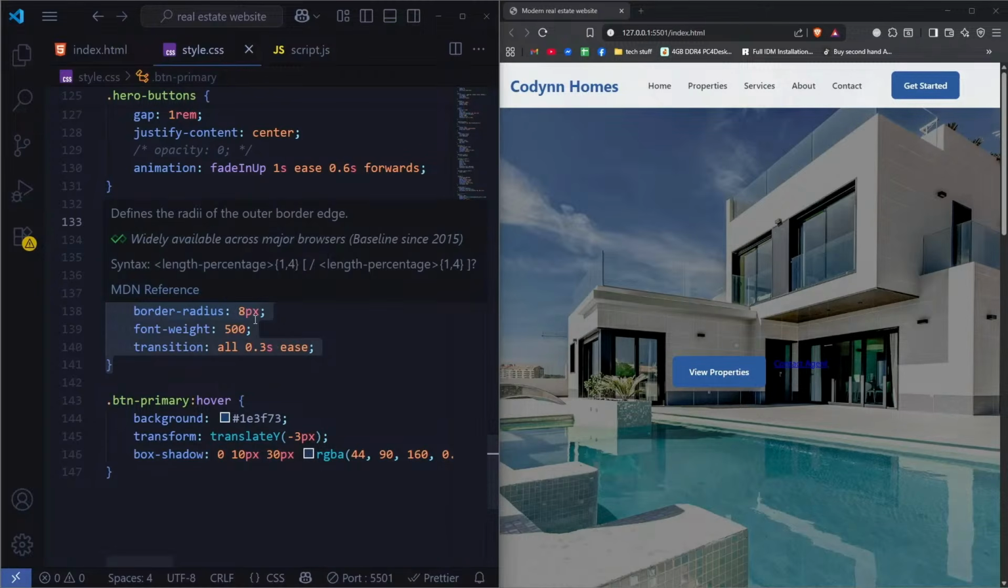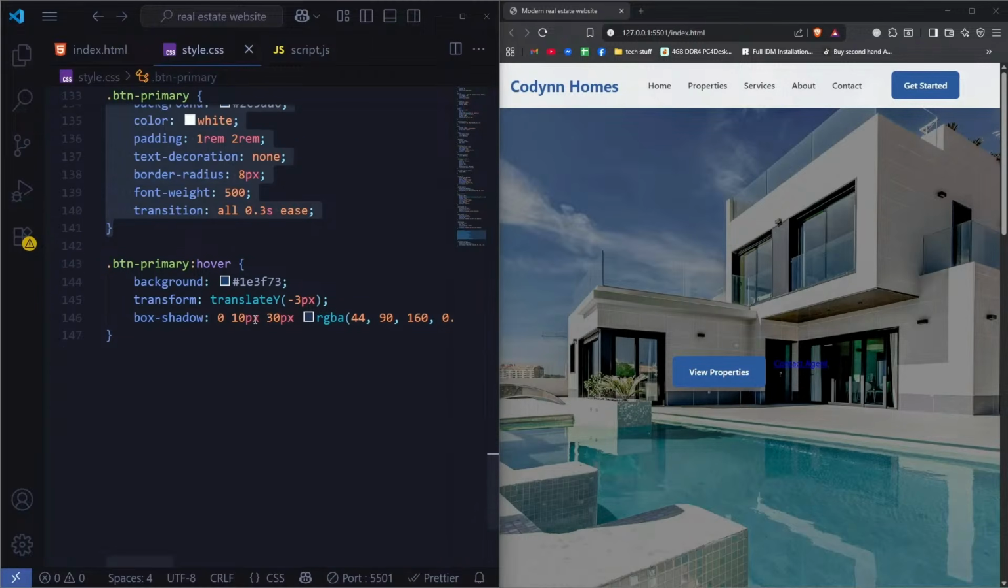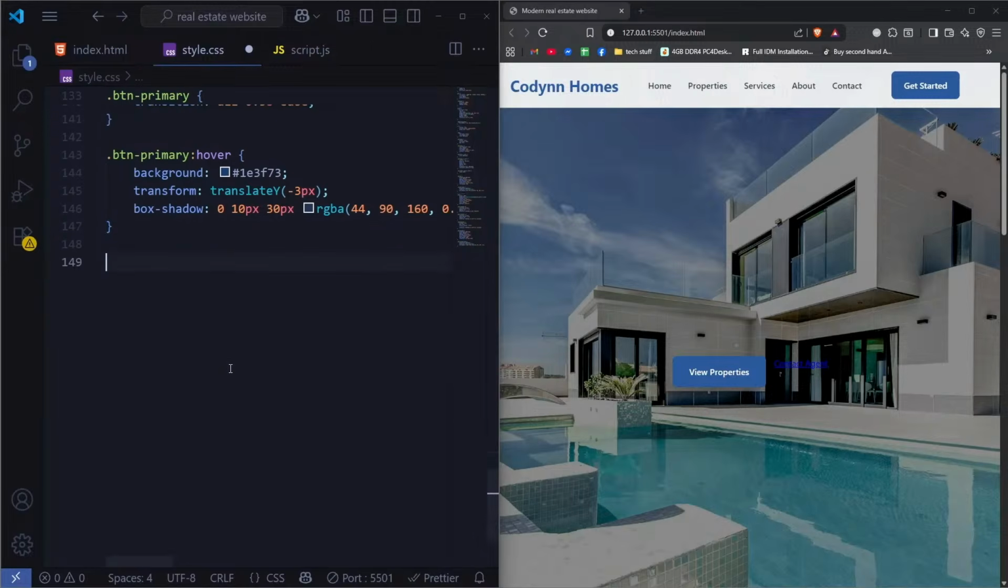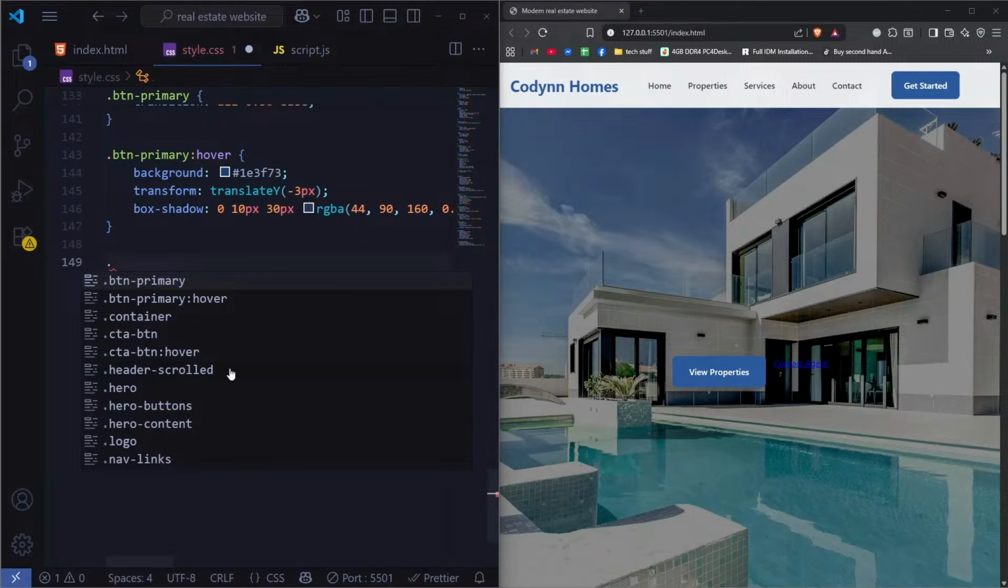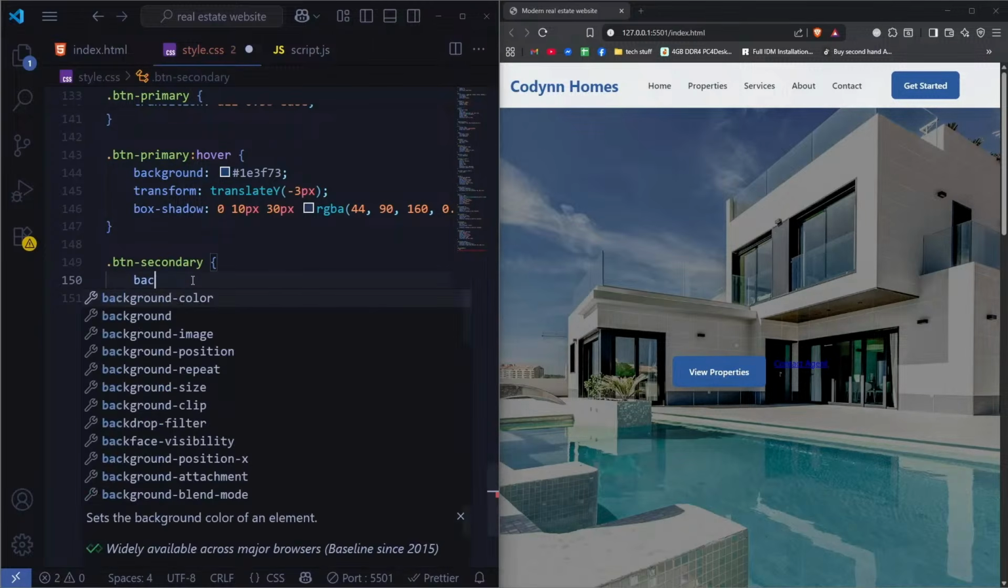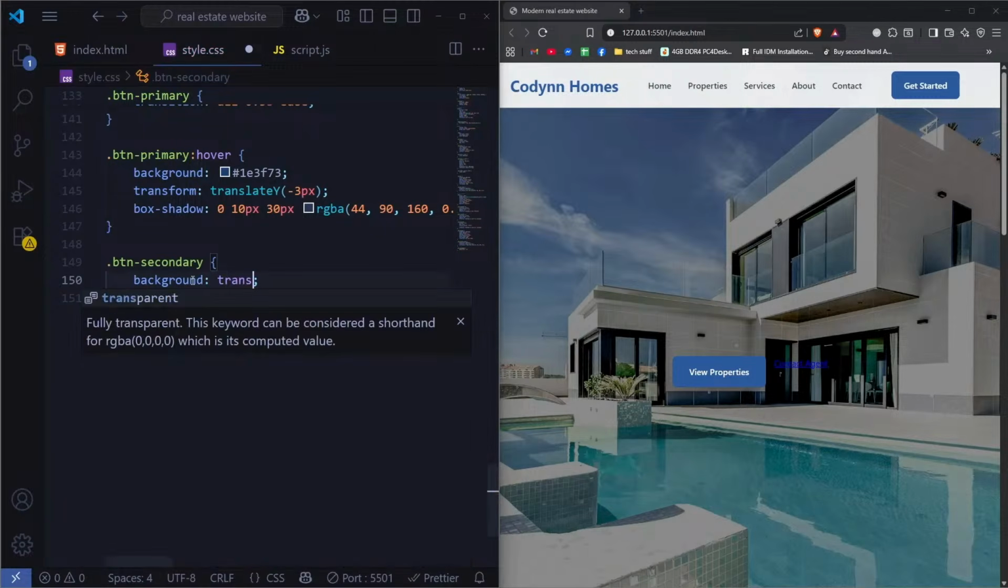Now for the secondary, this will have a classic border and just changing it to primary button. So you'll see what I mean. So right now the primary button is filled with our signature blue color, right? Now if it were the same, it would look kind of bad. So what we can do instead is change the background to transparent,